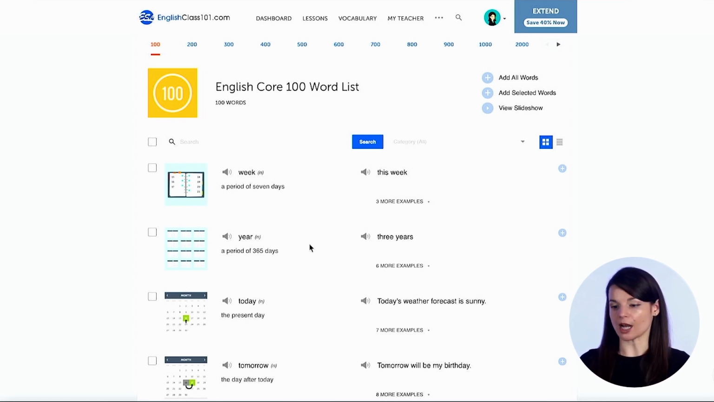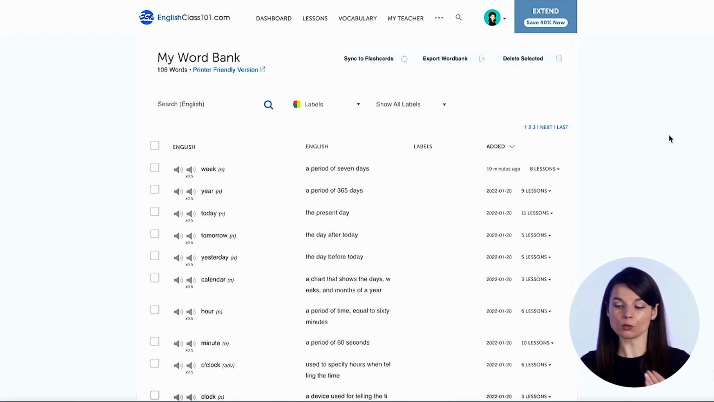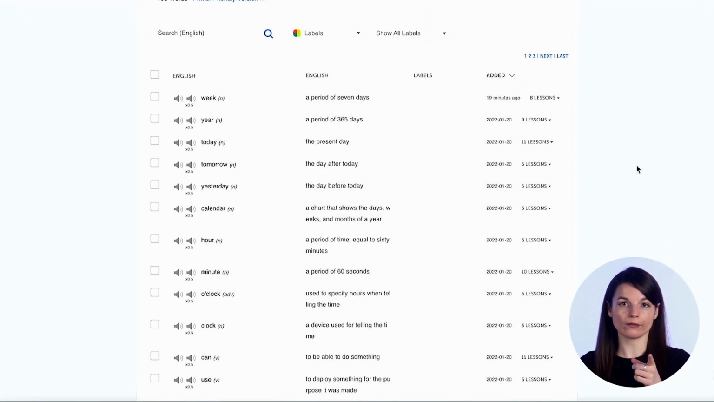The second one I want to talk about, the second feature, is the word bank tool. So the word bank, first, what is the word bank? If we go to the vocabulary drop-down menu at the top, we can find this word bank link right here inside. So click on word bank, and this will give you a big list of words that you have selected